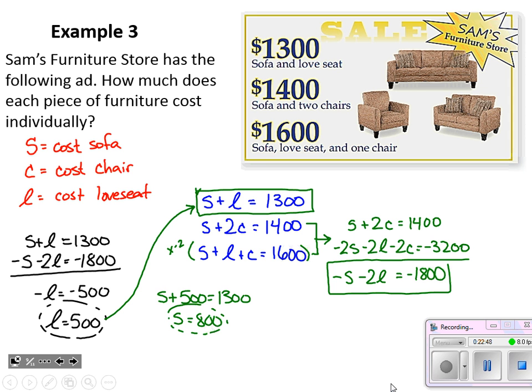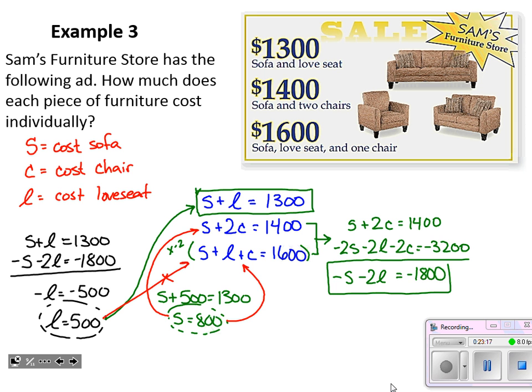All right, now I want to look at all the equations that I've set up along the way, and I'm trying to say to myself, I know S, I know L, what's going to be the easiest way to solve for C? So we could take this S equals 800, and we could just plug that into equation 2. That looks pretty easy to do. Or we could take the L and the S and plug both of those into equation 3. Either way, we're going to get the same answer. So I'm going to choose